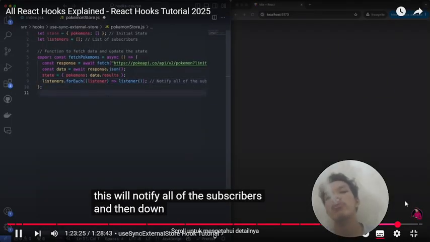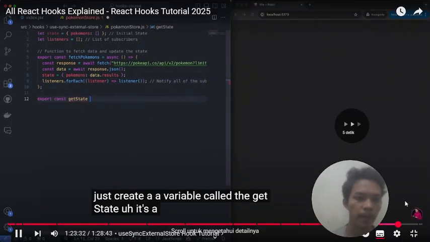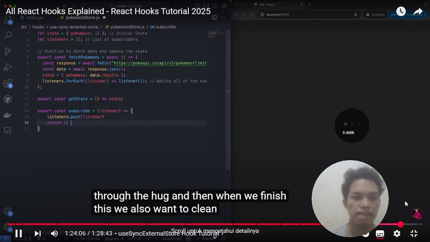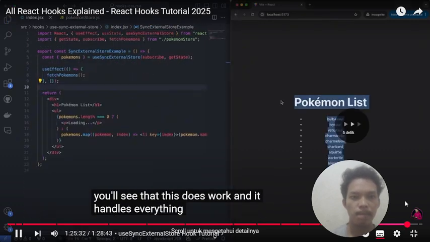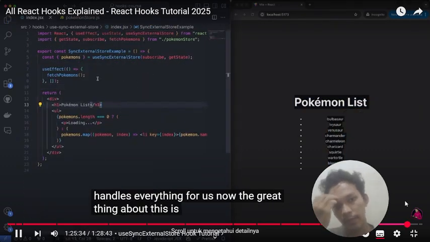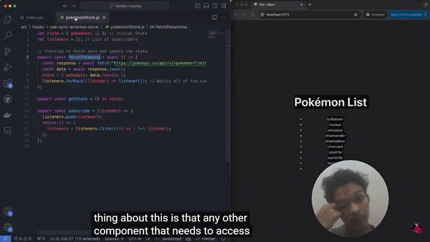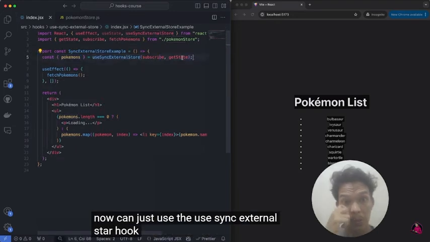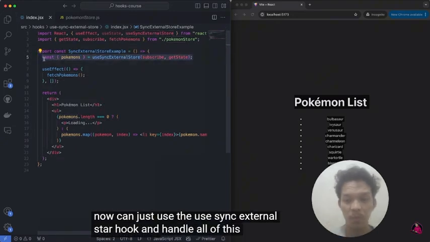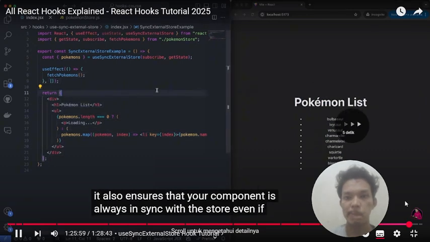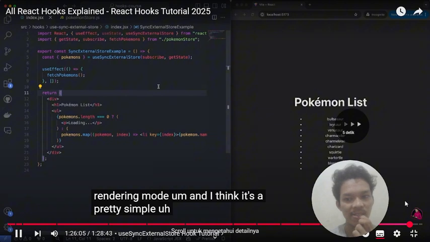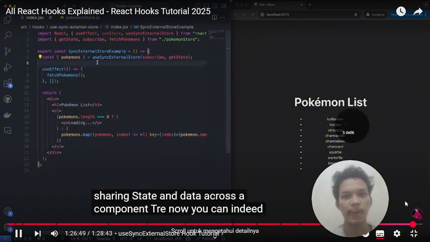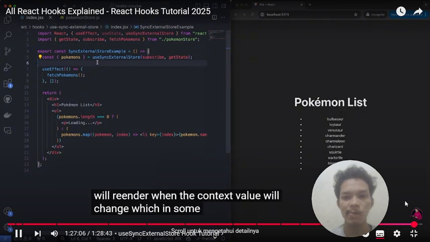And then down here, it's the state function. So I'll notify the listeners, and that will sync everything for us. Now the great thing about this is that any other component that needs to access this data can now just use the use sync external store hook and handle all of this. If you're in the situation of structuring your React components by creating a context, its main purpose is the performance, because like